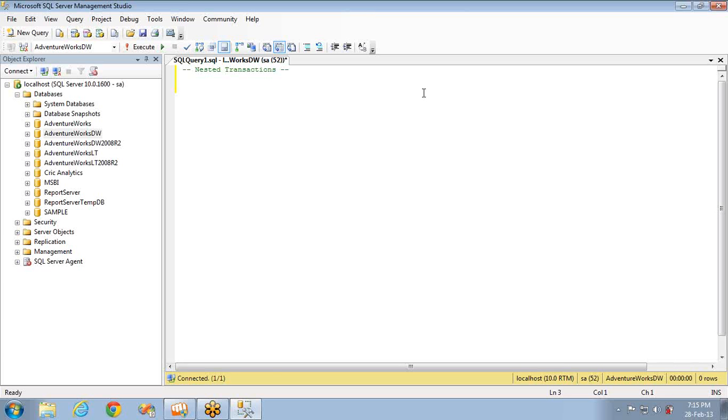It's like a subquery. A subquery is a nested one, right? You can nest up to some levels. In the same way, you can nest transactions. Let's see an example of how it looks. Begin transaction, and I'll begin one more transaction, commit transaction, and commit transaction. If you see, the inner one is nested in the outer transaction. The first begin transaction is the outer one, whereas the inner one is the nested transaction. So this is how you can go for n number of levels.